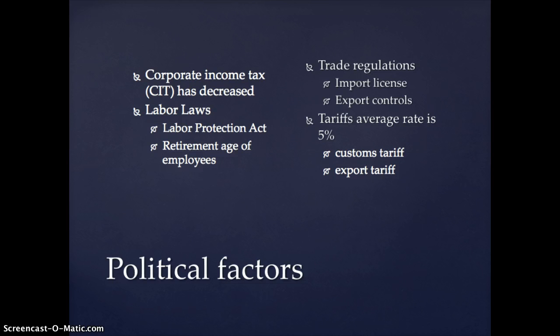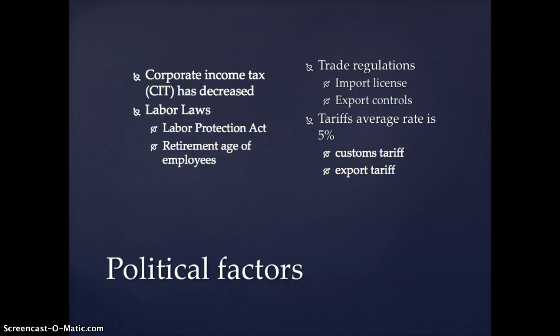Also, the trade regulations consist of two different sections, the import licensing and export controls. For import licensing, there are currently 45 classes of controlled goods that are being regulated for importation. For export controls, Thailand's chief exports are rice, sugar, corn, and other agricultural products. Certain items, specifically food staples, such as rice and sugar, are reserved by law to ensure that the domestic needs are met before they're exported. And also, 75% of the country's GDP is drawn from exports.